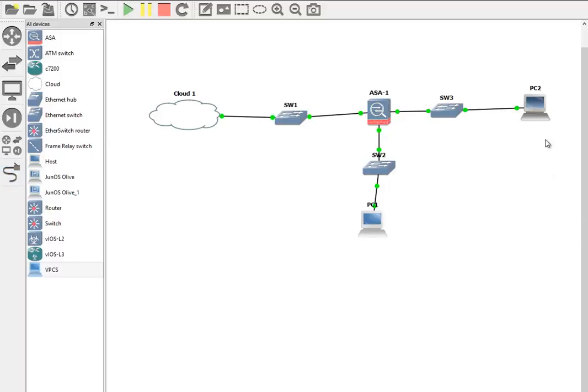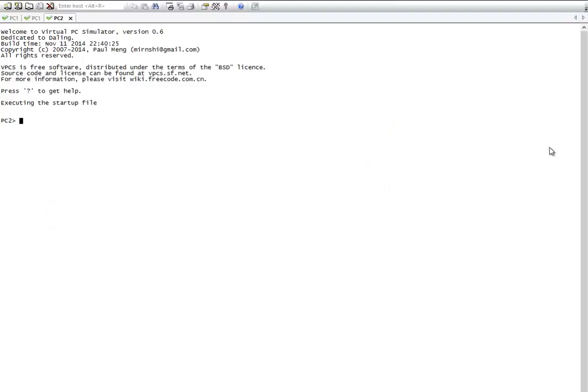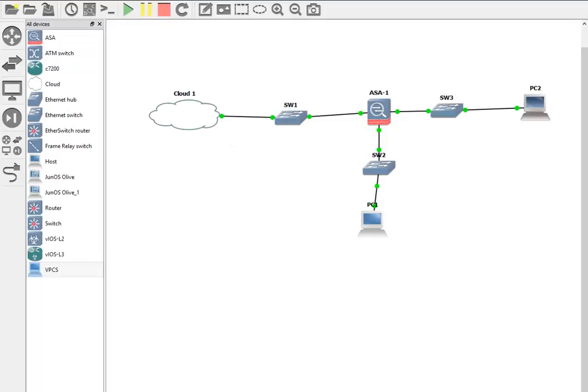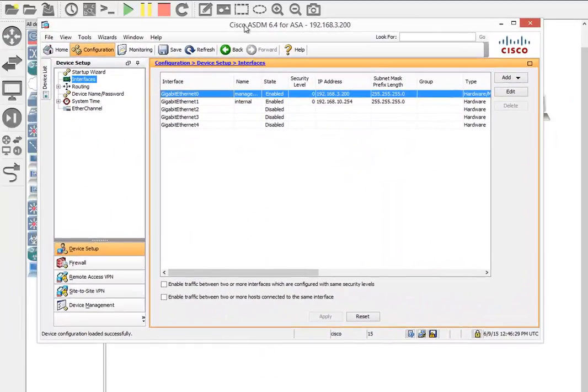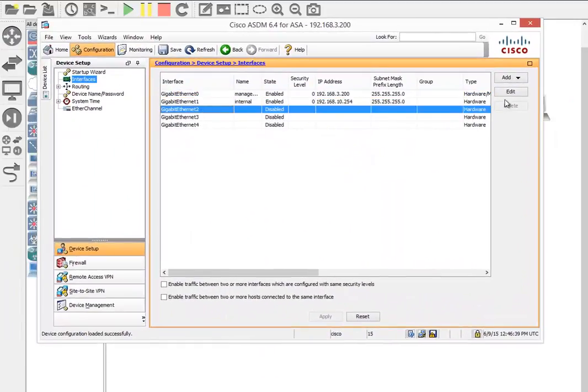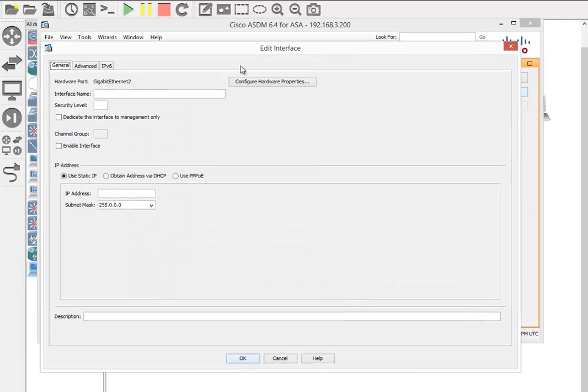Start the VPC and put the IP address of 192.168.20.1, the gateway of 192.168.20.254 and 24 masks. Now I go to Gigabit Ethernet to select edit, put the name of DMZ here and